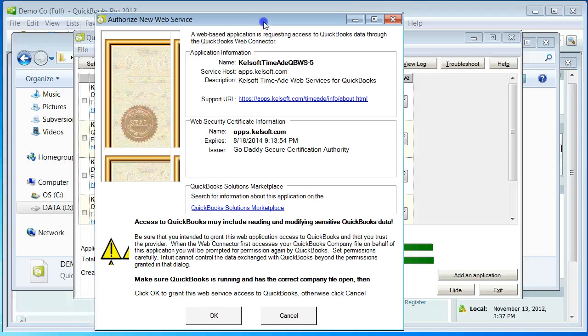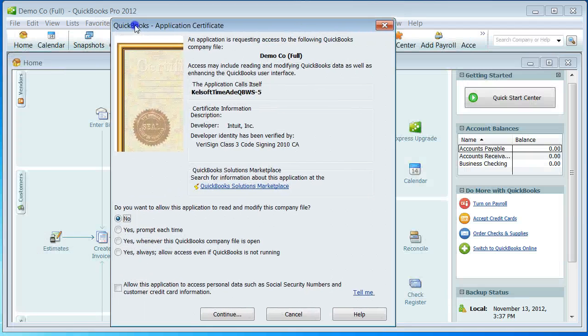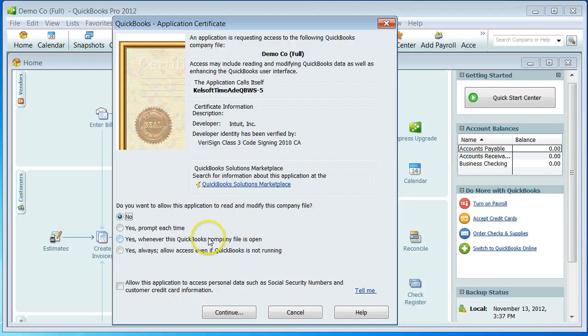And you get this dialog giving you a warning that this is going to access your sensitive QuickBooks data, and also it's very important to make sure that the correct company file is open to make this connection, especially if you're running multiple companies. Say OK to that. Bring up another dialog,